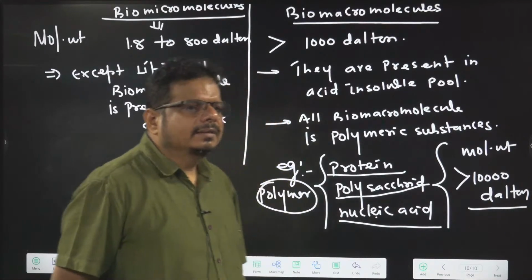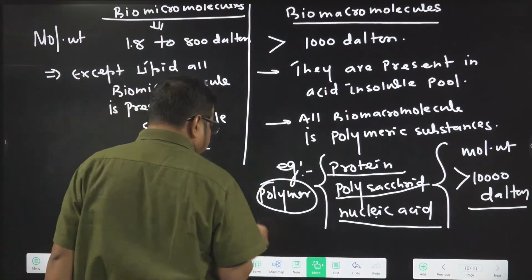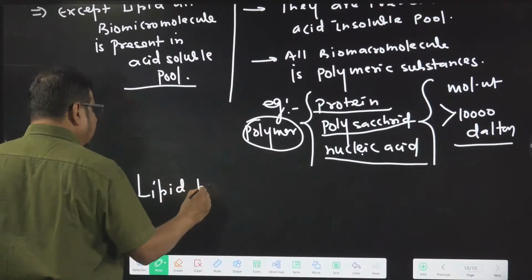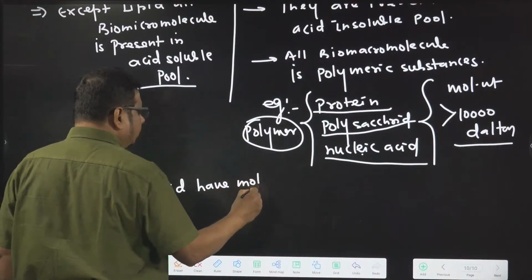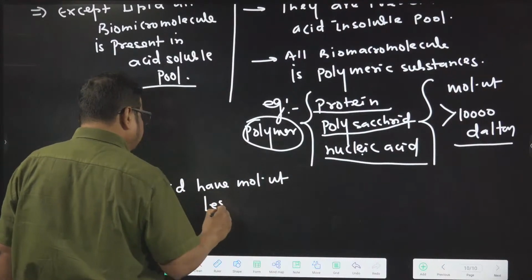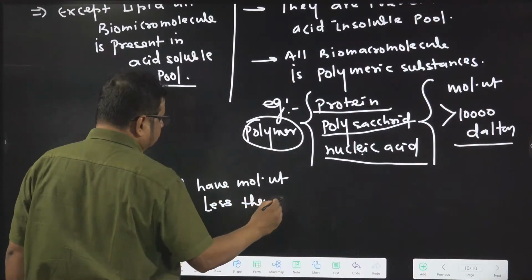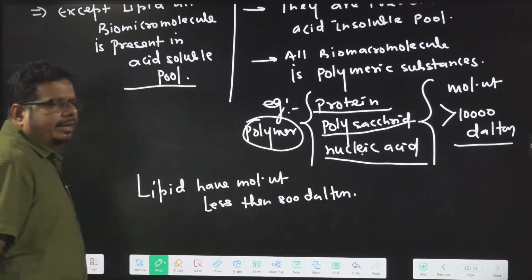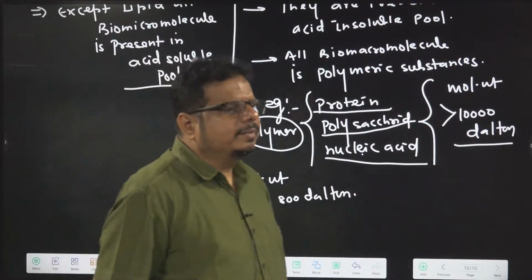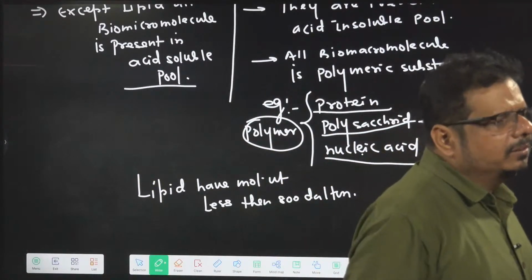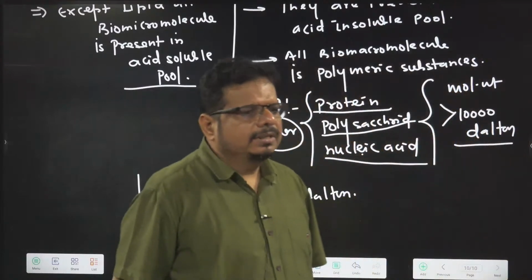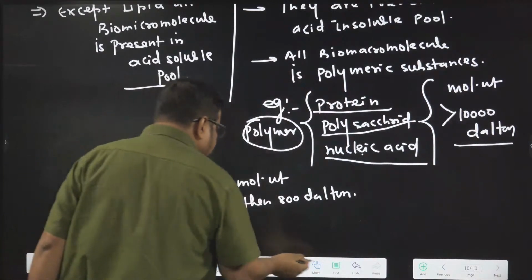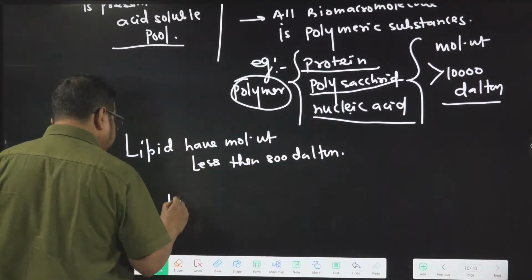Done? Over? Right? Now I am writing one line: lipids have molecular weight less than 800 Dalton. So according to molecular weight, lipid comes under which one? Biomicromolecule or biomacromolecule? Biomicromolecule. So you can say lipid is the only biomicromolecule